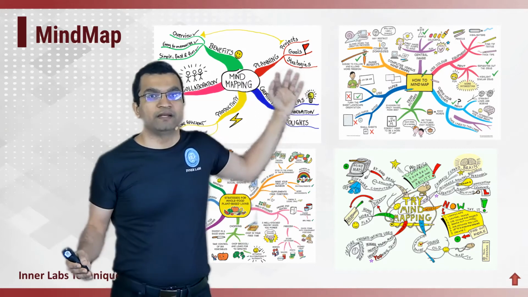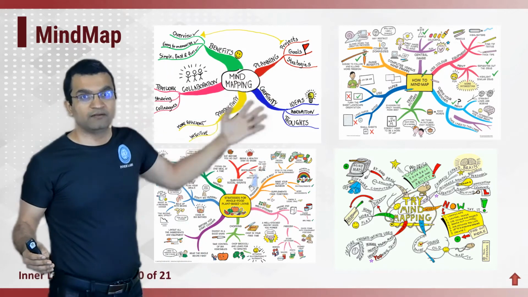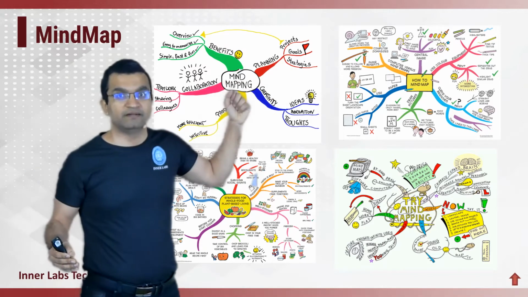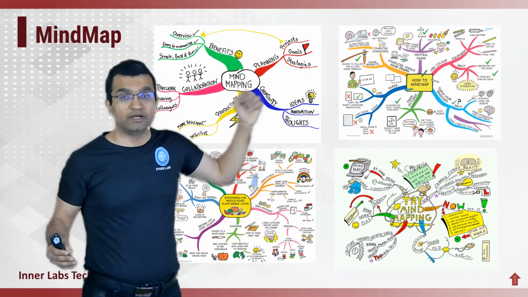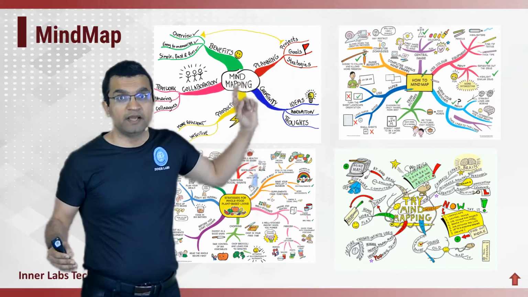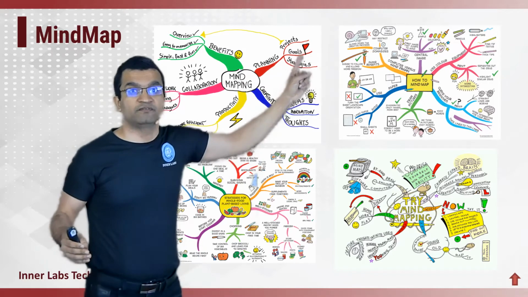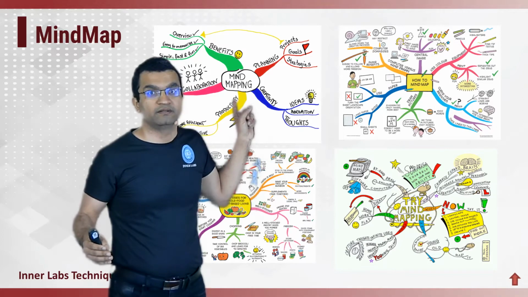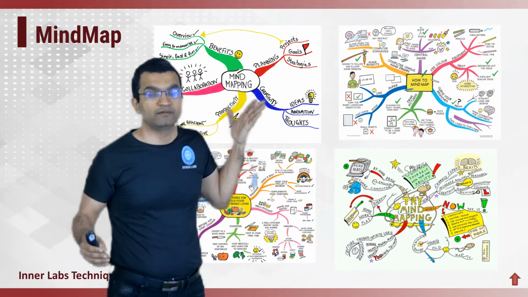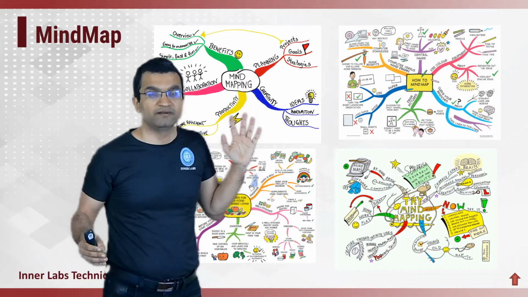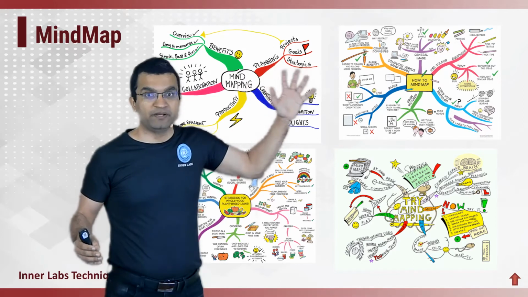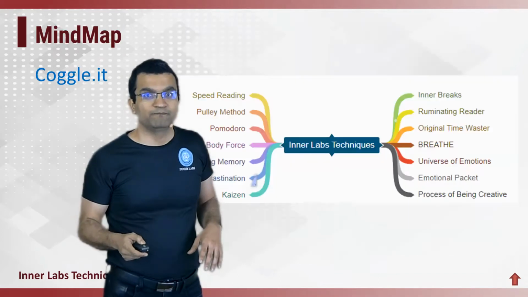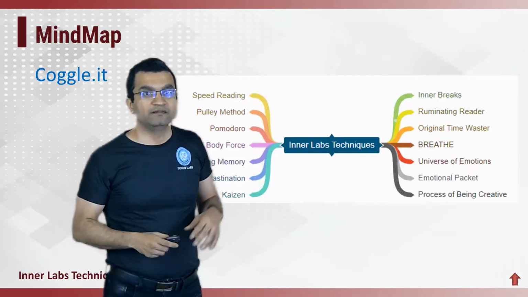And remember, you can make it colorful, you can make it very rich, you can put pictures in it, and you can even have connections like this from here back to here. You can have whatever connections you want. There is no restriction here, right? You can draw it on a paper, or my favorite way is this software,